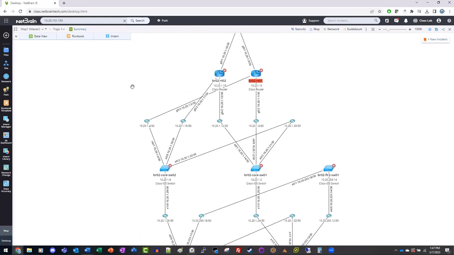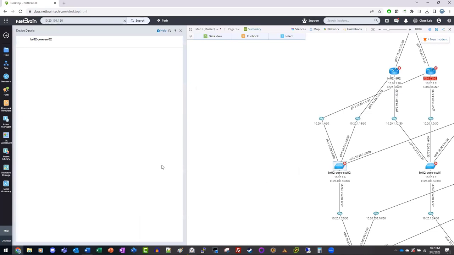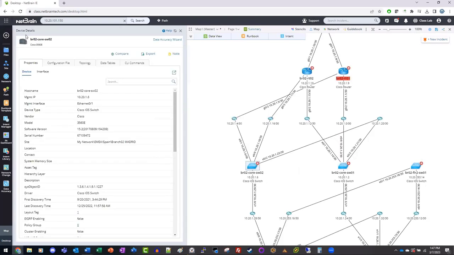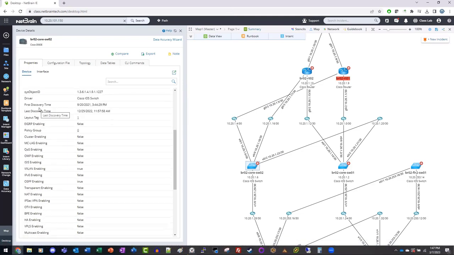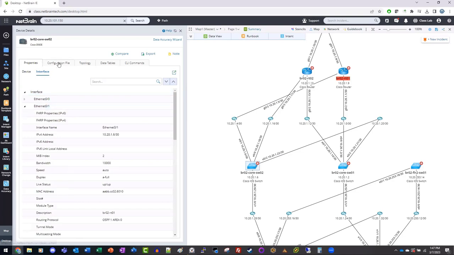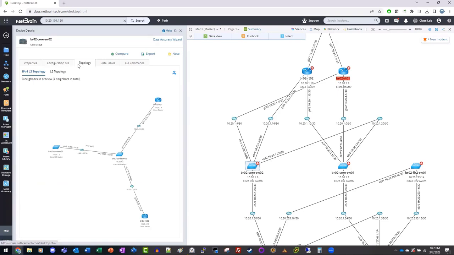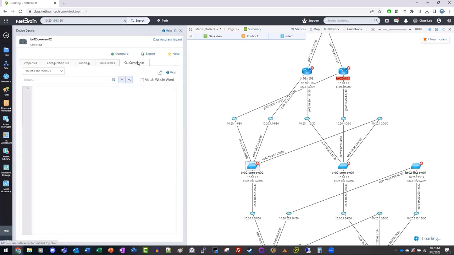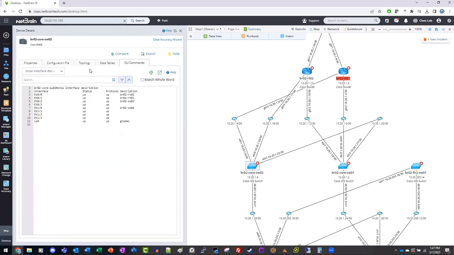I should also mention while we're here a couple more things. First of all, if I want details about a particular device, I just double left click on it. And we see in its device details, first of all, the properties, what's in the database about the device, its various interfaces, and so forth. We can see the latest copy of its config, where it fits into the local topology, what CLI commands have been run against it recently, and what were the results, and then